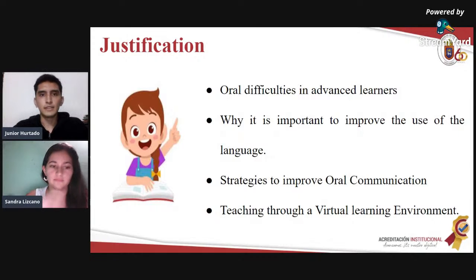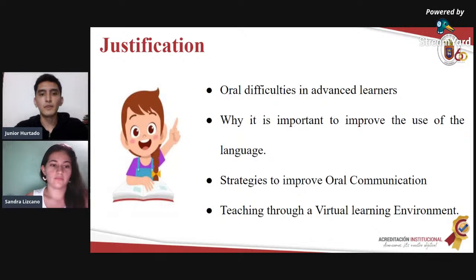Okay, taking into account what Sandra mentioned before, it is important to mention that the tongue twister is a very suitable strategy that can help to ameliorate pronunciation because, as Sandra said, many students, or in this case, advanced learners, have difficulties when communicating orally. An example of this is when we are going to talk about something that we have not had a preparation for, we are not prepared, and also it's important to mention that students sometimes have doubts about the